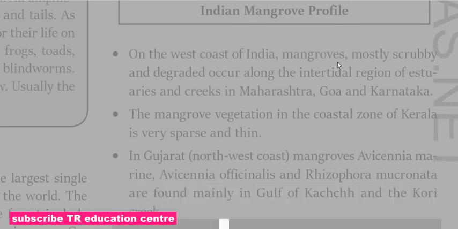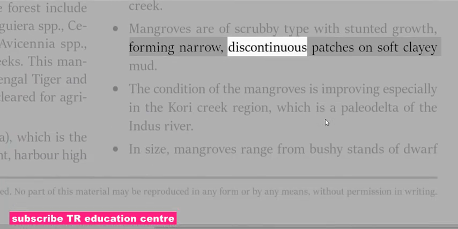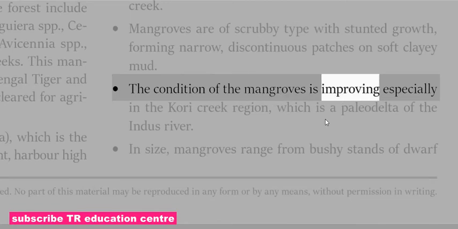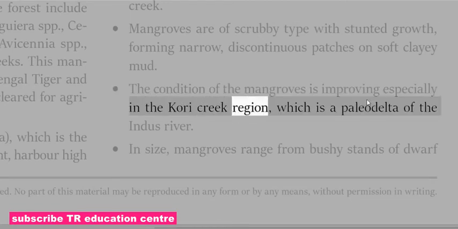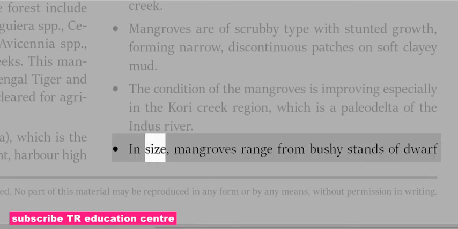The mangroves are of scrubby type with stunted growth, forming narrow, discontinuous patches on soft clayey mud. The condition of the mangroves is improving, especially in the Kori Creek region, which is a paleodelta of the Indus River. In size, mangroves range from bushy stands of dwarf